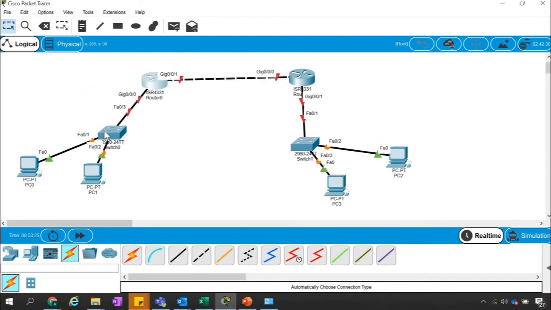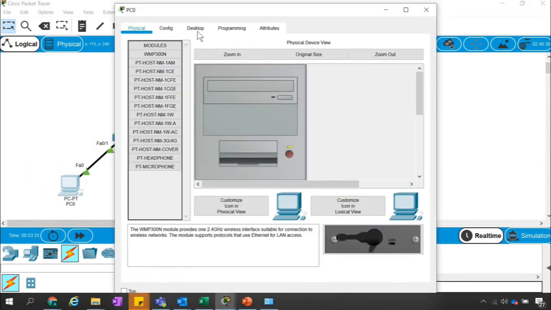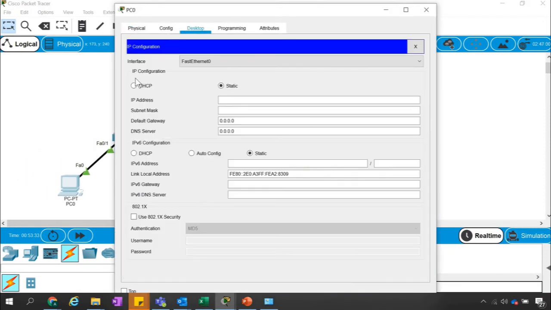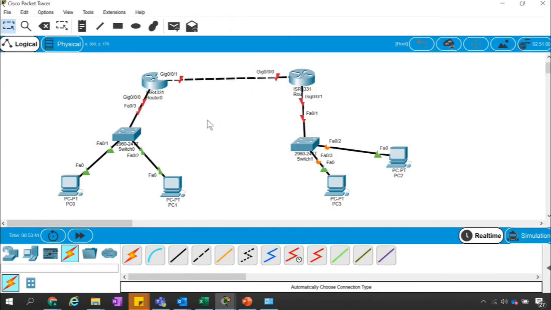So this is a simple topology I have created here. Now if we go to the computers here, there's an option right now for static and DHCP. I will not assign the IP address statically here, rather I will choose the DHCP option.